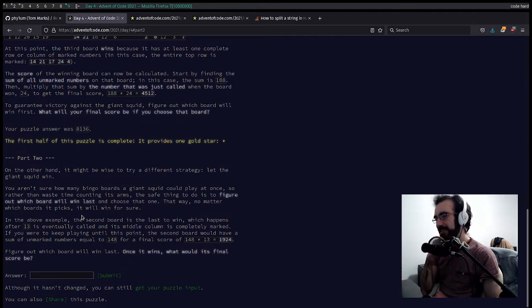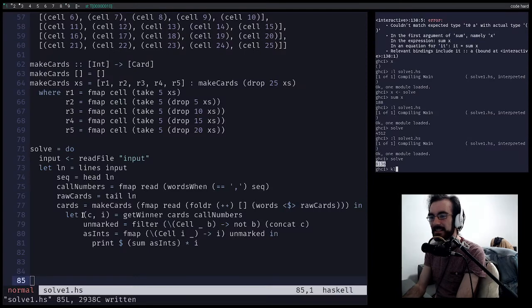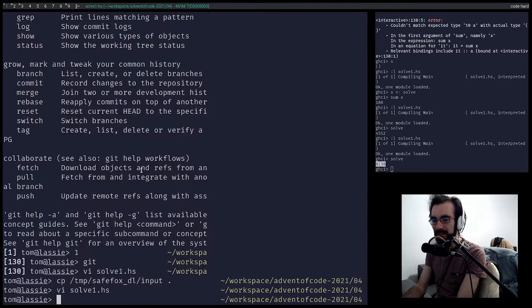Okay. So to find the last board that wins, we want to filter out any boards. So this is easy, right? The way we've rigged this up, this is really easy. So first things, let's go